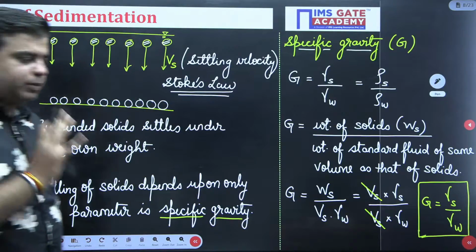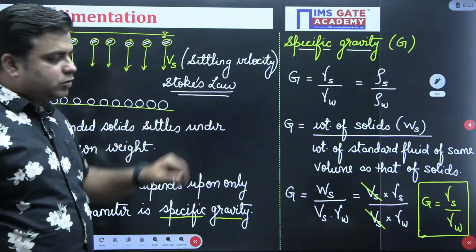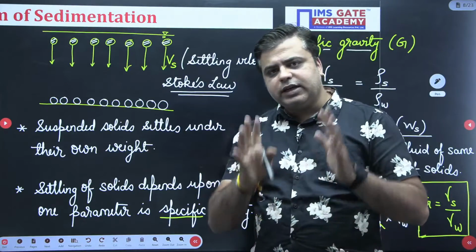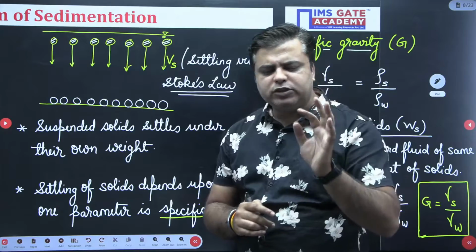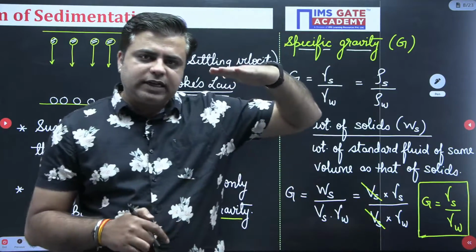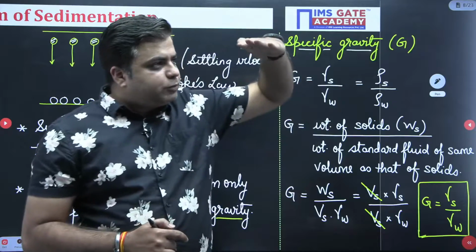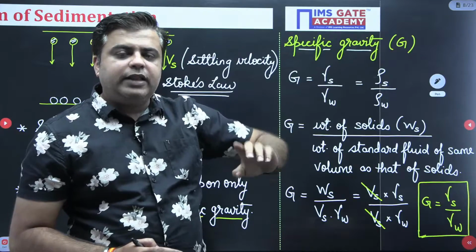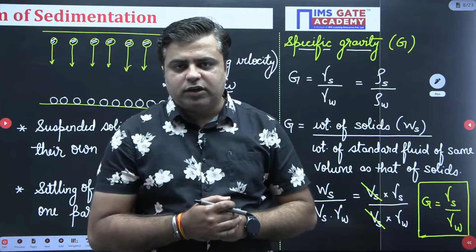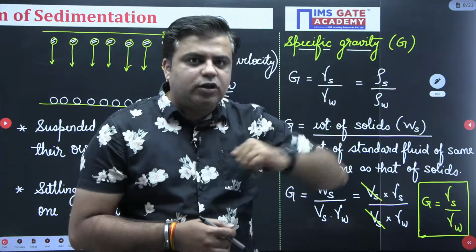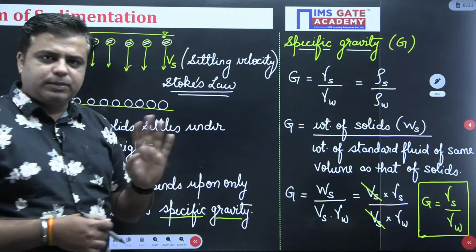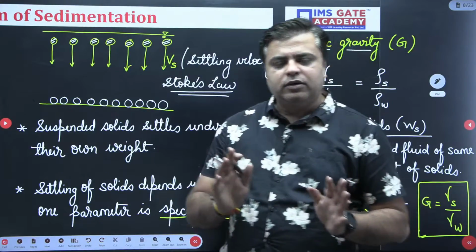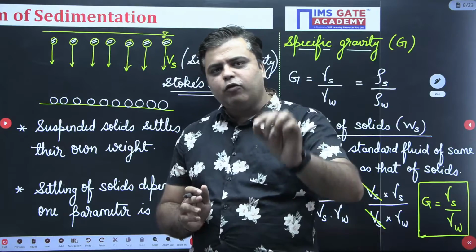Simple, very simple. Determination of Stokes' law we do when we take up the entire full length course, right? But since this is a foundation course, I just want you to have some basic idea that particles are settling under their own weight. And when these particles are settling under their own weight, they will settle with a constant velocity, and that is known as the settling velocity of the solids. This settling velocity of the solids is determined using Stokes' law. Simple. What is the expression, what all things are there, that is a separate part of discussion. Since this is the foundation course, we will just focus on some key areas.